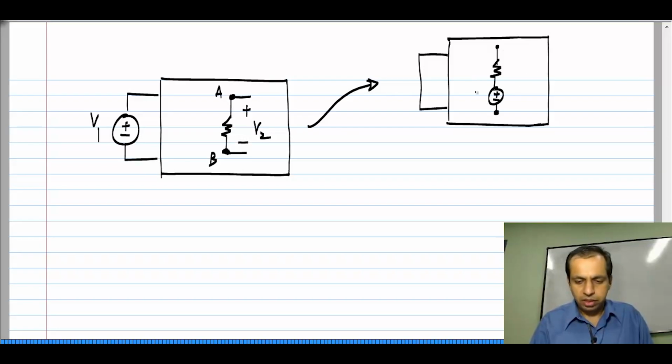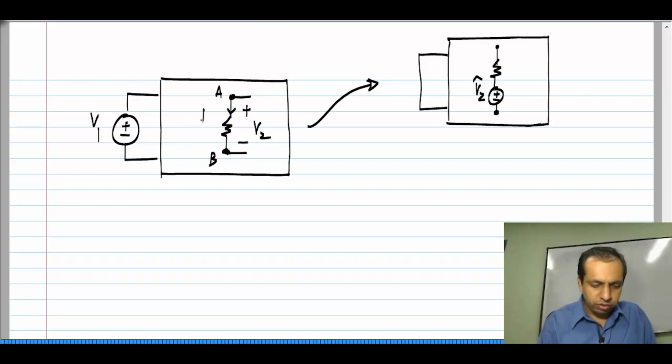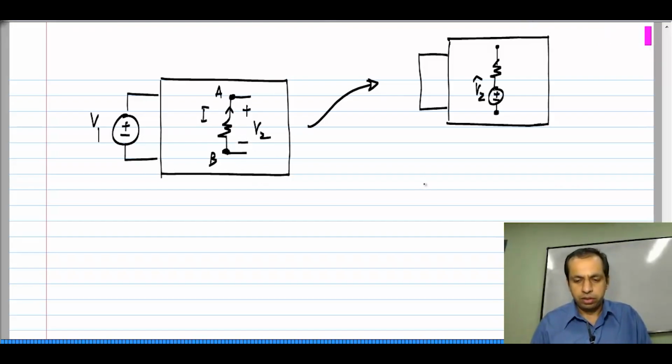Okay. Let me call that V2 hat. Okay. Now, I already know the result. When V1 is applied, a certain V2 appears across A and B, and obviously you also know this current which flows through the resistor. Okay. So, now